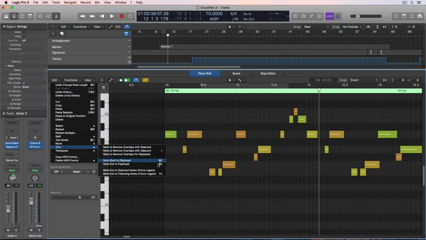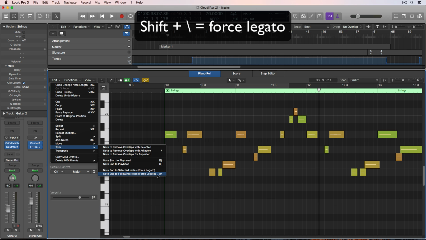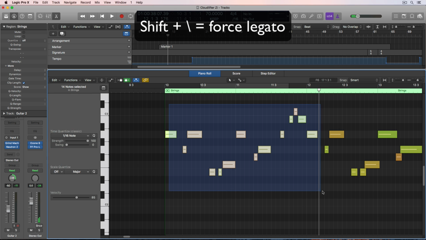Another really useful MIDI note trim feature is called Note End to Following Notes, also known as Force Legato. The shortcut for this is Shift backslash. So this is super useful because Logic doesn't have a quantized note end function. Even though Studio One and Pro Tools both have it, Logic still to this day in 2018 doesn't have it. So what this does is it trims the end of the note to extend it out to the front end